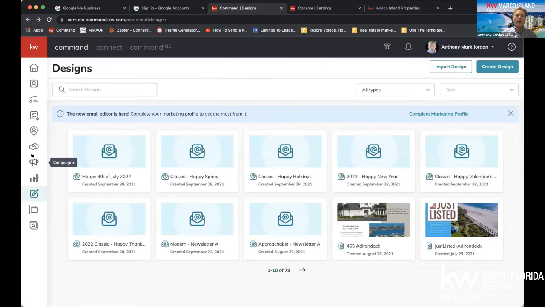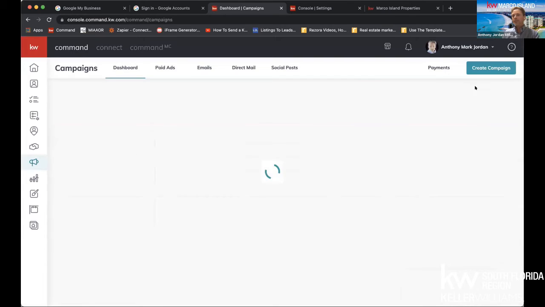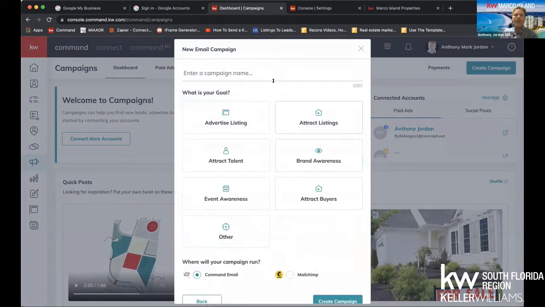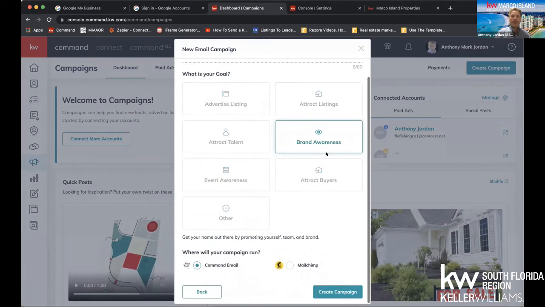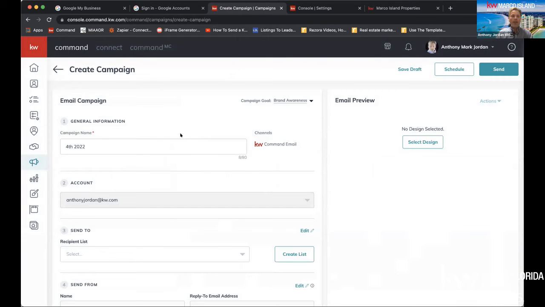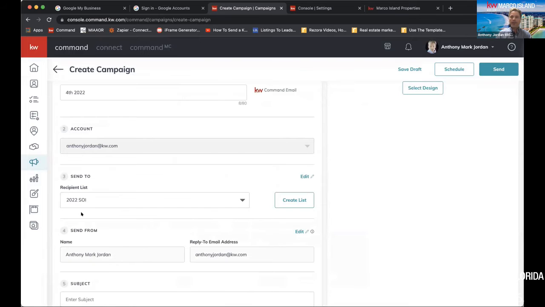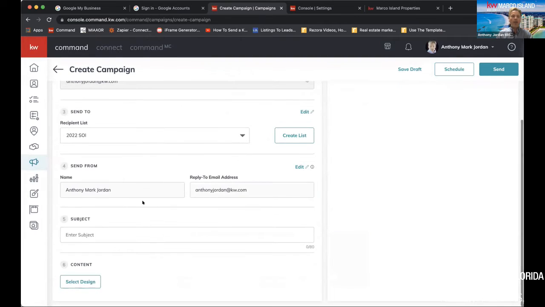So then I go right back to the campaigns, and then I hit the create campaign, upper right corner, email, and then this is 4th, 2022, and more brand awareness, command mail, create campaign, and then I can create the list again, or I can select the list, the 2022 Sphere of Influence list. It'll still save there. And then happy 4th,